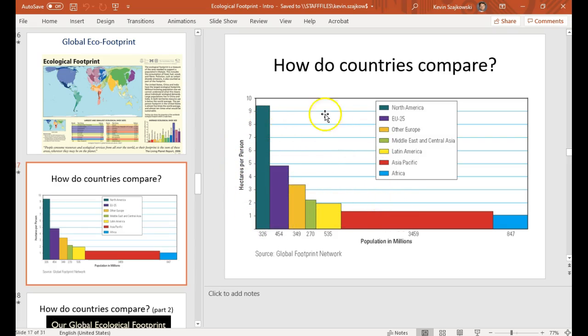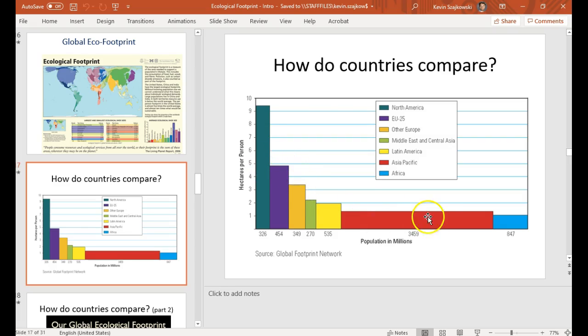So again, here's some early comparisons between different parts of the world, and what you see here is sort of by color coding North America. I'm pretty sure they're probably including Mexico in that. I'm not sure whether Mexico's included in Latin America or not, but North America, and especially Canada and the United States, you can see that we have a scenario where the largest footprints in the world come from this part of the world, from the way that we live on average in our societies. And there are other parts of the world, like Europe. Western Europe has a much higher footprint than